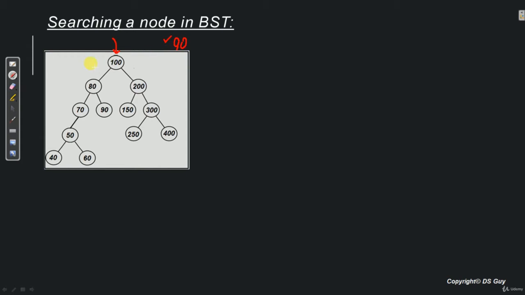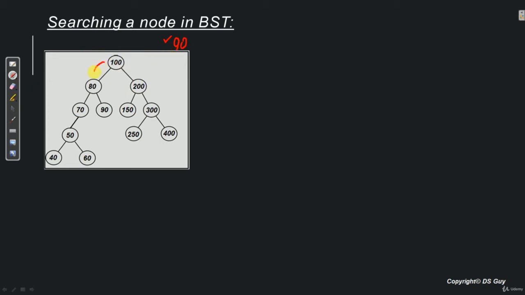Fine. Now I have to go either towards left or towards right. If the value that we are looking for is less than the root's value, then we go towards left. Else, if the value that we are looking for is more than the root's value, then we go towards right. So in this case we are looking for 90, which is less than 100. So we have to go towards left.